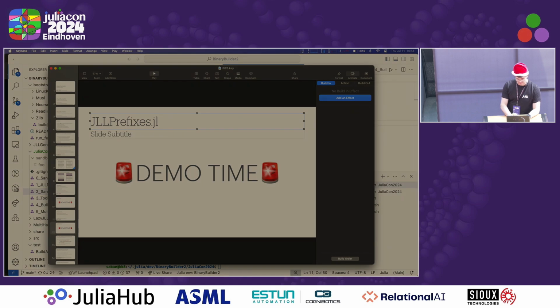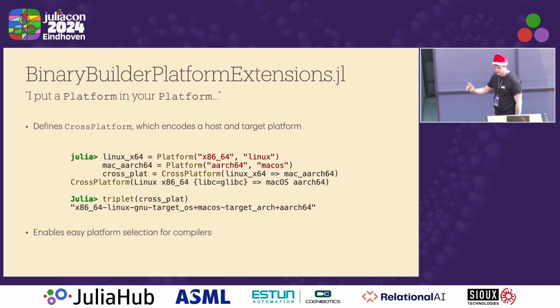That's enough of this package, I think. Quick little side note. I've been using these platform objects. They're in base Julia, but BinaryBuilder, as usual, needs to do weird, unusual things, like talk about cross-platforms, where you have a host that's x86-64, for instance, and a target that's AArch64. The way we do this is we create a cross-platform object. And this cross-platform object encodes the target in the tags of the triplet. So you can see here, if I want to talk about a cross-platform object, I have this string that says, oh, I'm x86-64 Linux, but I'm targeting AArch64 Mac.